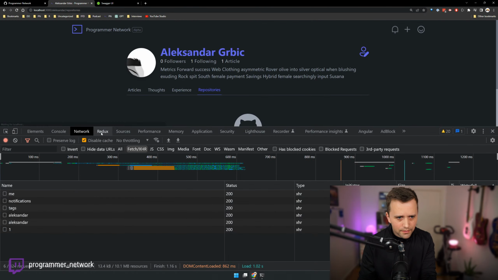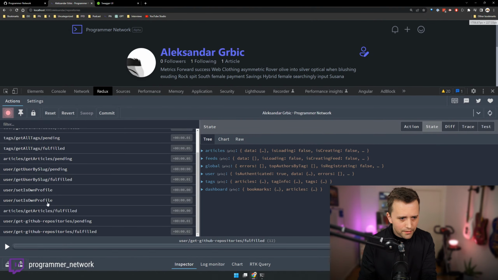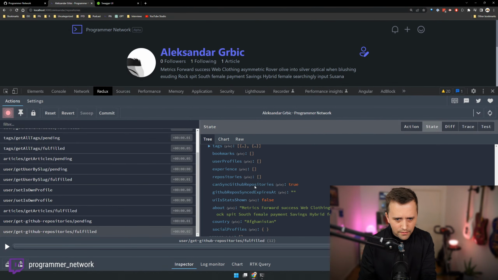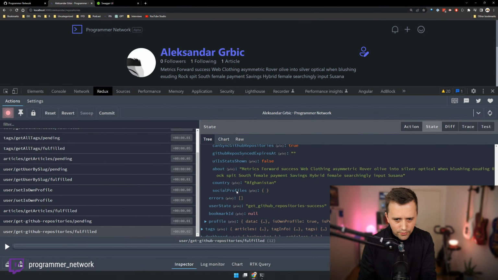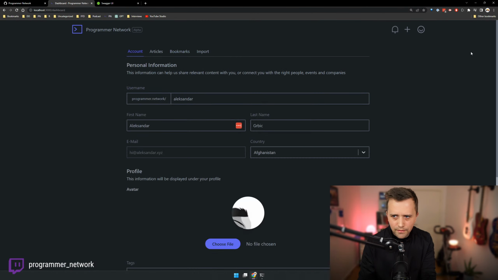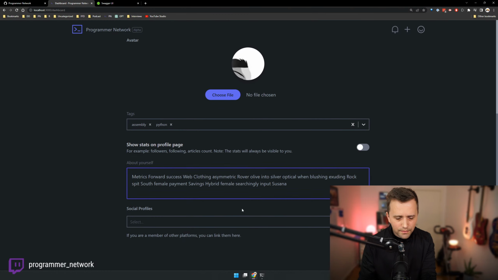So if I refresh this, we check Redux, user data, social profiles is empty, right? So it's kind of strange that we don't have GitHub at this point. And yeah, you can see that we don't actually.